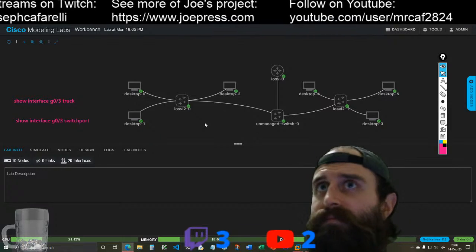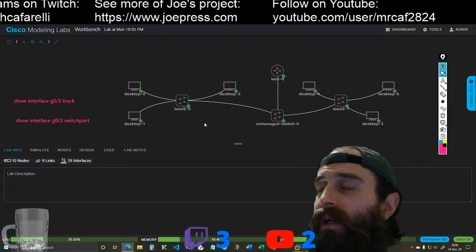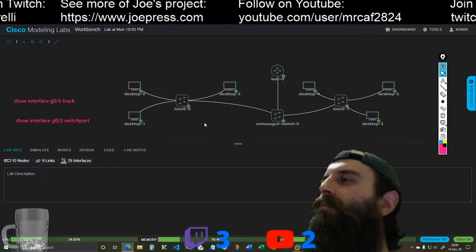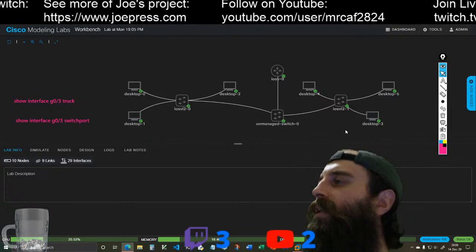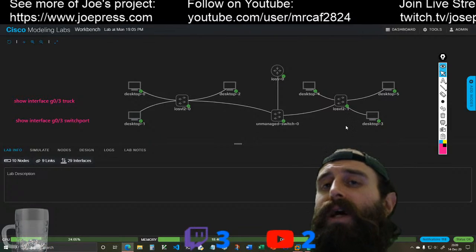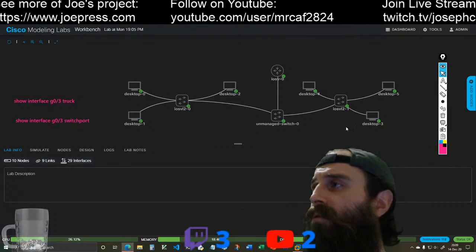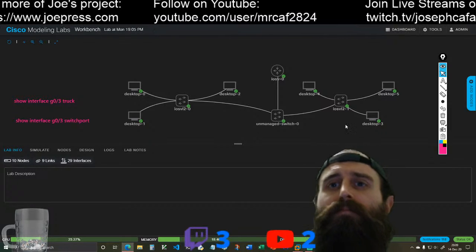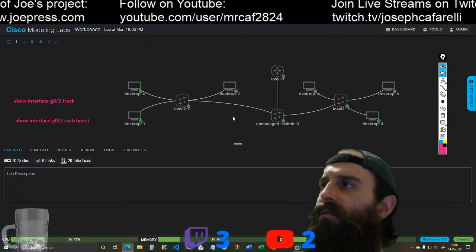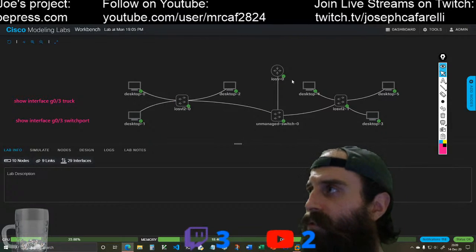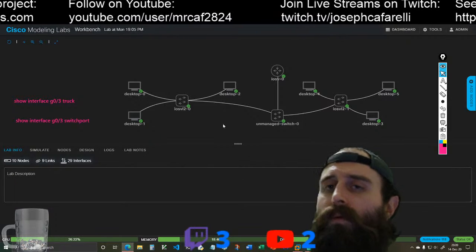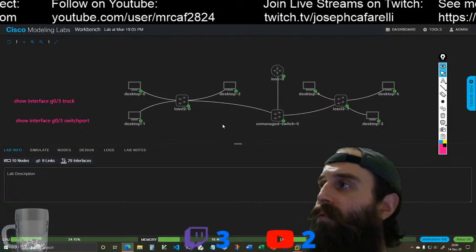Yeah, that's a pretty good demo. I love doing this stuff, guys. I love labbing because labbing helps me continue to learn. So, again, I hope you guys download Packet Tracer. Start going through Packet Tracer and start making these labs. You can make this exact lab in Packet Tracer in maybe